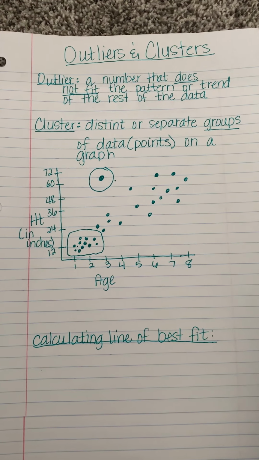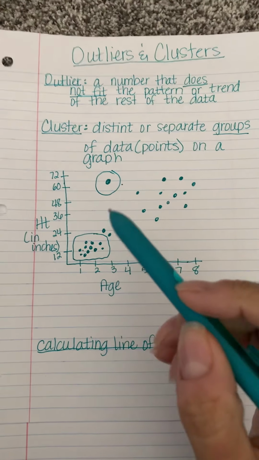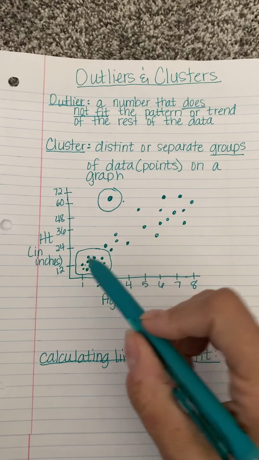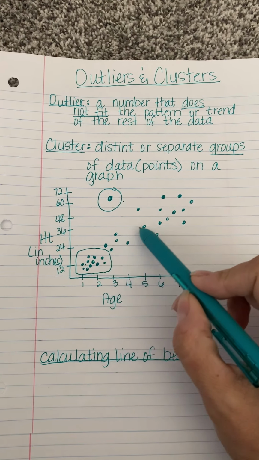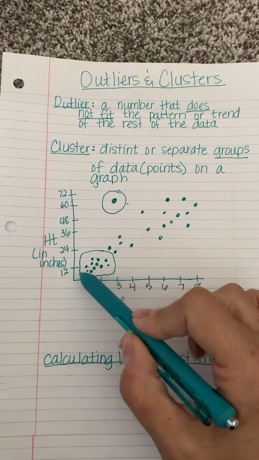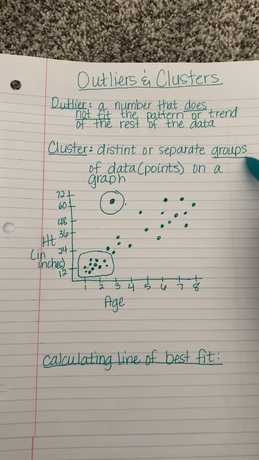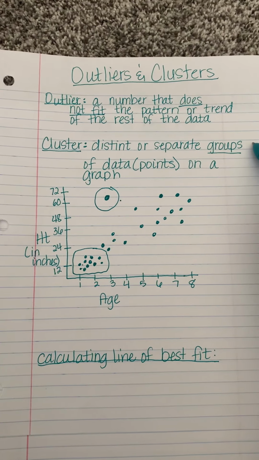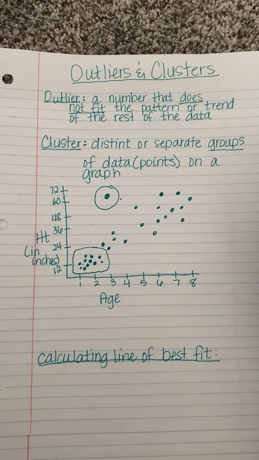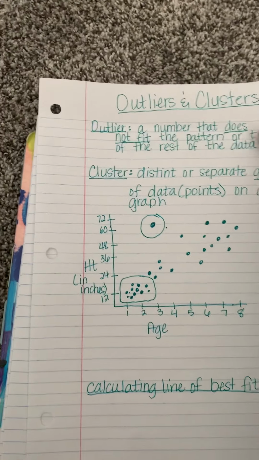I hope you said positive, because that's what we talked about yesterday. And what we're going to do today is see if this has got a positive correlation. We could essentially put a line through here to kind of guess where the data is going to go. And that's what we're going to do today. A line of best fit